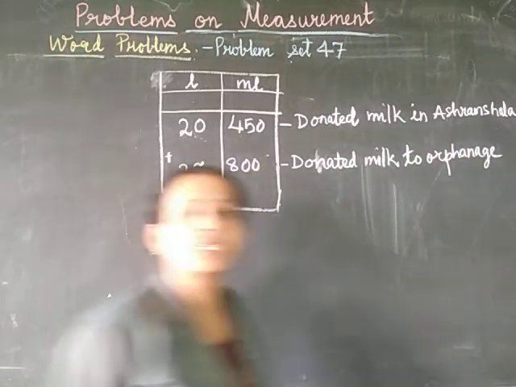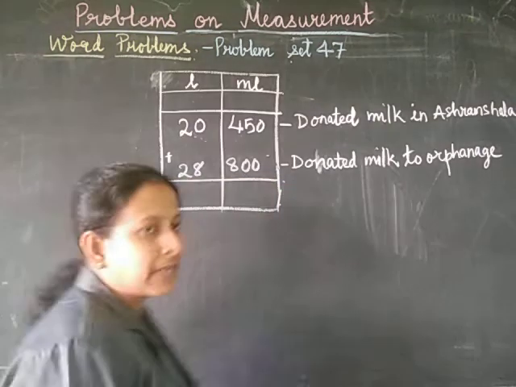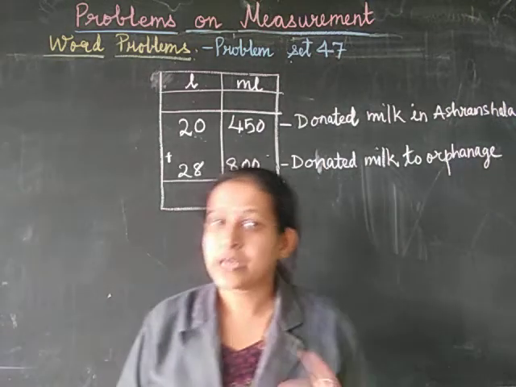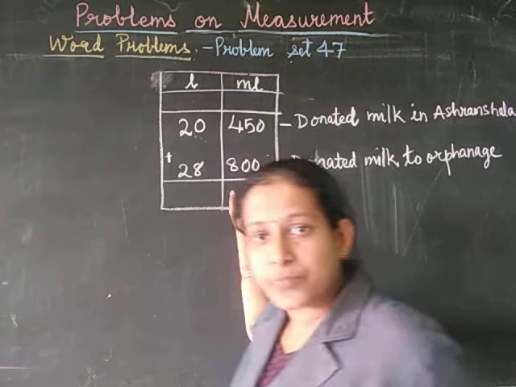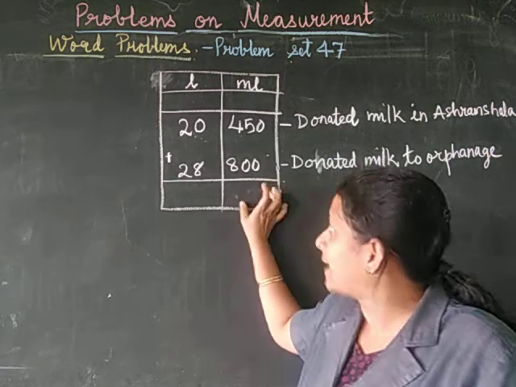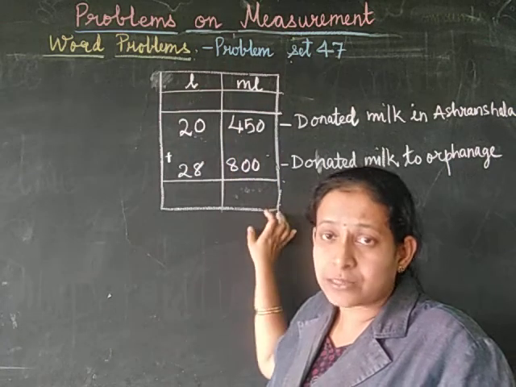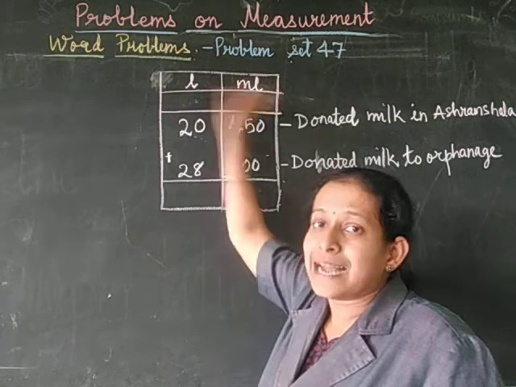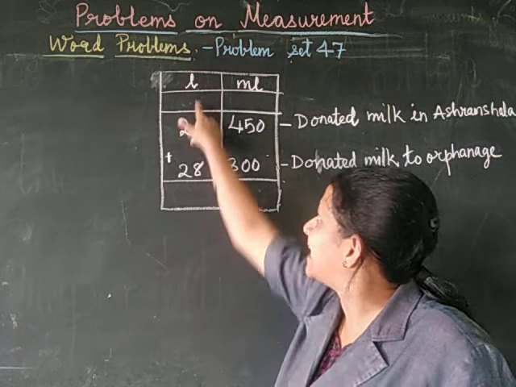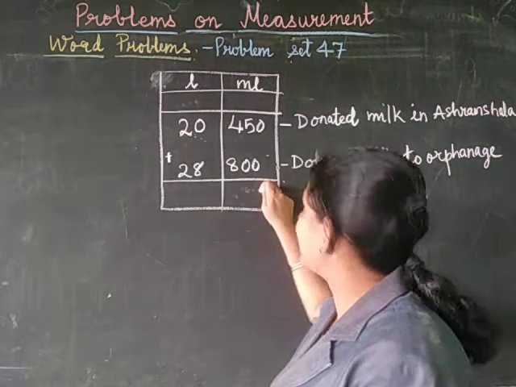So let's find out how much in total he gave. We will start adding, and you should know that last time I mentioned 1 liter is equal to 1000 ml. Suppose after adding the milliliters the answer comes above 1000 ml, then we need to carry that 1000 ml from ml to liters, and 1000 ml becomes 1 liter, which will be carried over to the units place of the liters. So now let's add this and find out the answer.